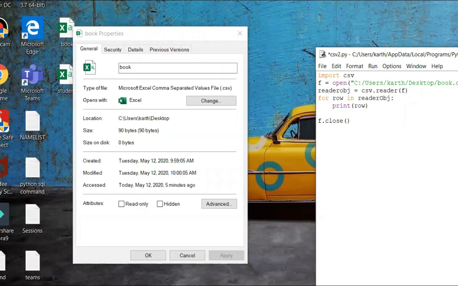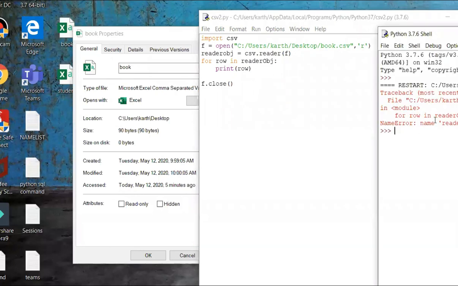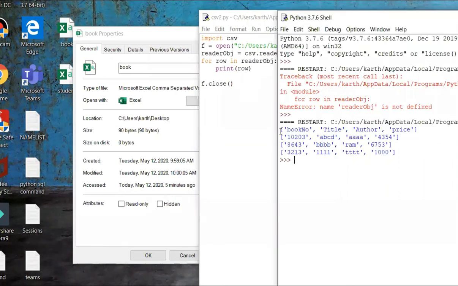Now we have given the path, and it is opened in the read mode, and everything is right. O is in capital letter. So if you see, each and every row from the Excel sheet is being retrieved. Thus, from the CSV file, we are retrieving it in the form of a list.